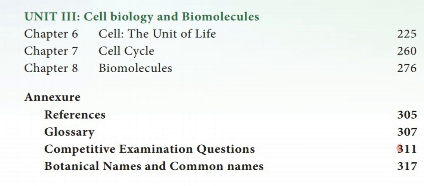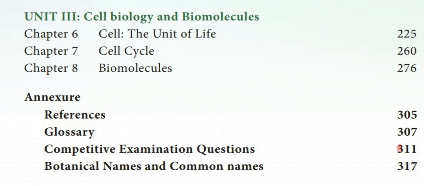What are the cell organelles which are present in the cell? Second one, cell cycle, that is how cell division takes place in the plant parts. The next one, biomolecules. What are all the chemical substances which are present in the plant parts, their structure, organization